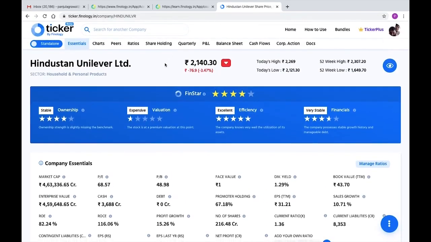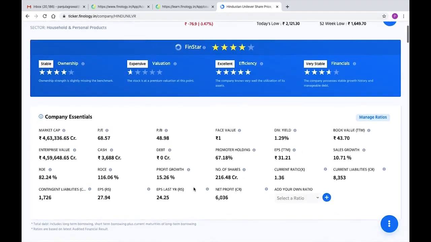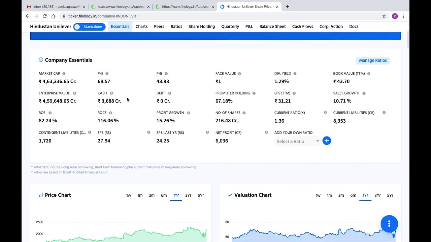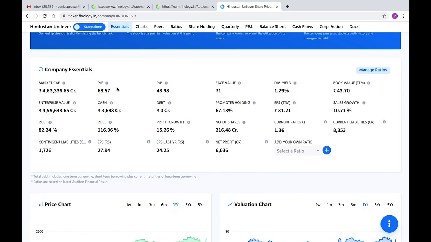But the price which is at 2100 rupees right now will be divided by the E component of the formula, that is rupees 28, to calculate the PE ratio, that is currently around 68 times. So this means that the market is ready to pay 68 times what the company can earn in 1 year. Now how do we decide whether a PE of 68 is low or high? Should we buy it or not? Now ask yourself, will you buy a shop for rupees 68 which will earn you rupees 1 every year? Will you put your money into it?